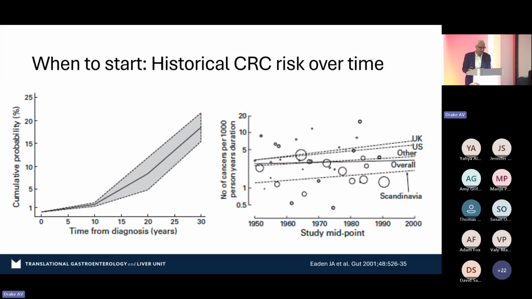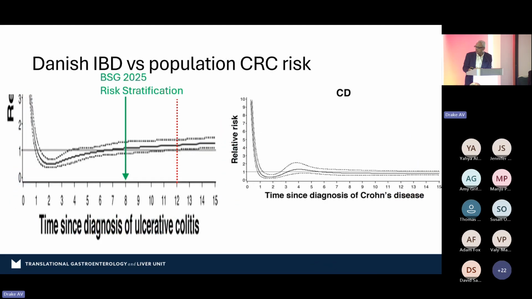When should we do this? These are all things that you'll find in the guideline recommendations. This is just about understanding what these guideline recommendations are about. So if you look at when the cancer risk starts rising over here on population data, 8 to 10 years. And if you look at the really well-characterized Danish IBD cohorts versus the population colorectal risk, you'll again see that